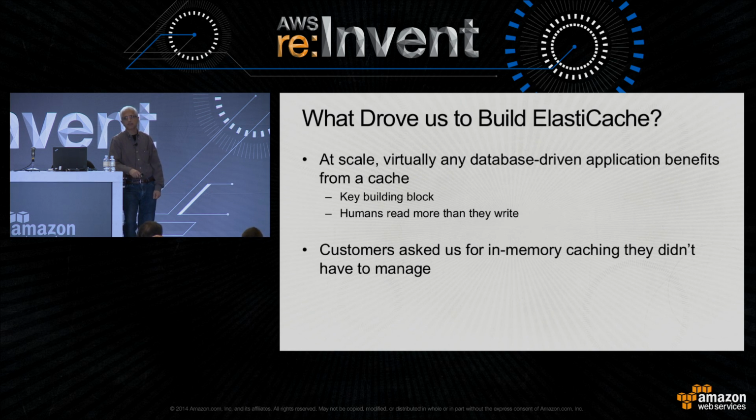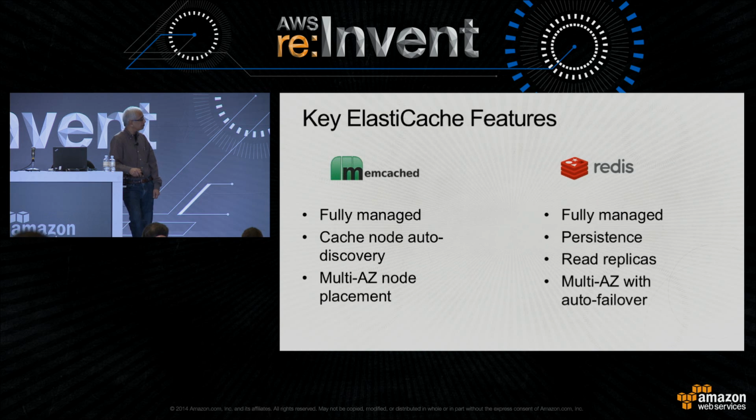And we felt that just like we had done for RDS, it would make sense for us to do an in-memory caching service that was fully managed. And it's been very well adopted. We started out with Memcached. And last year in September, we launched Redis, which has been pretty amazing in terms of the growth we've seen with it as well. And we most recently launched a Multi-AZ feature for it, so that not only can you have read replicas for your master caching server, but it can also be used to flip over in case of a failure, just like we do with RDS.